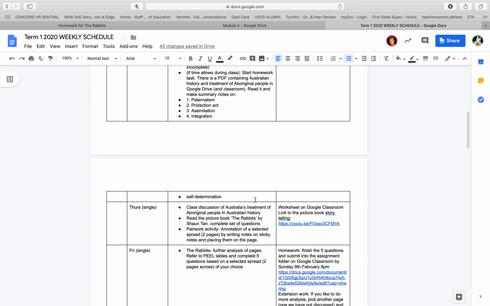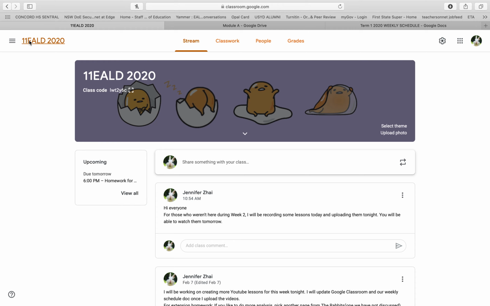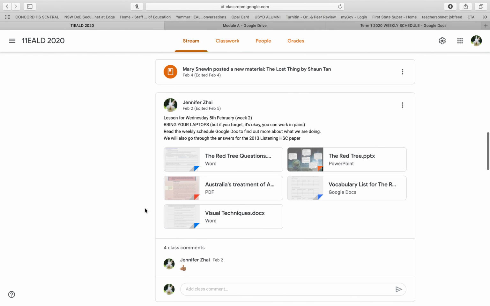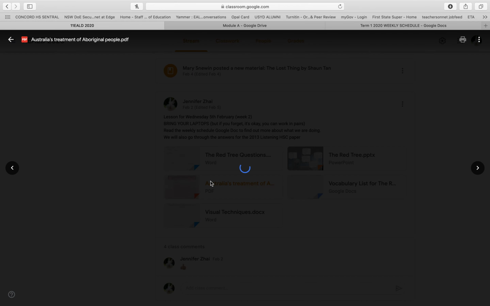I also recommend reading about Australia's treatment of Aboriginal people in history. Now, these notes I have not uploaded onto Google Classroom because they were written on the whiteboard. However, they are here. So if you scroll down to Feb 2 and you open up this pink PDF,